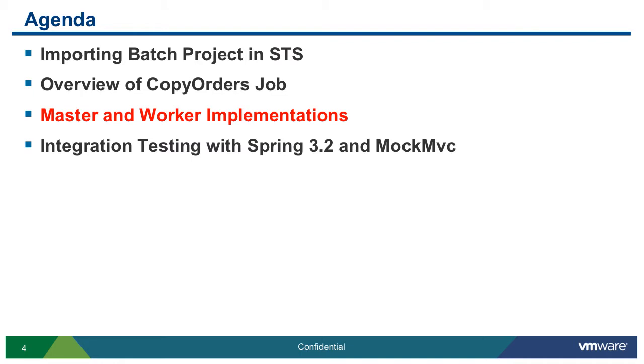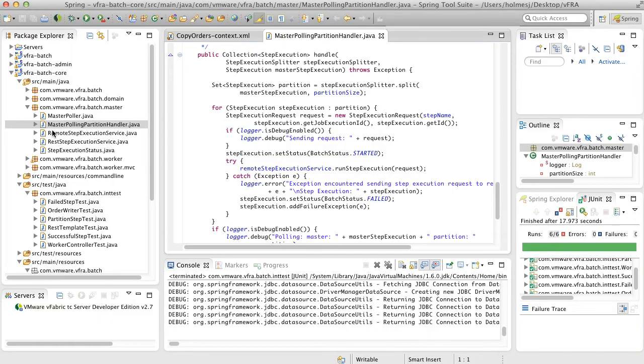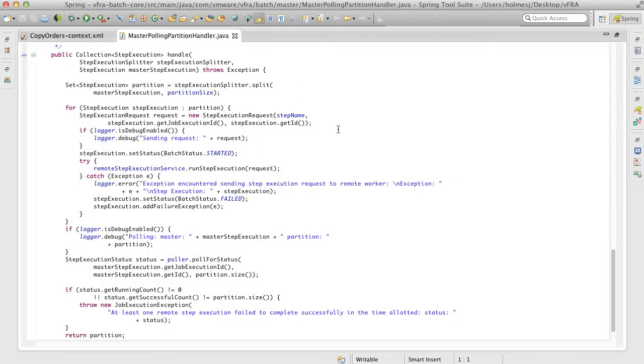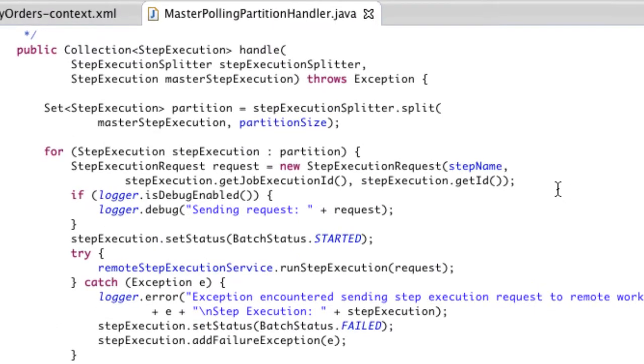Now we're going to look at the master and worker implementations. The master polling partition handler, which again is in the VFRA batch core project, is our point of customization for the master logic. There's a handle method that implements a Spring Batch framework interface that's responsible for splitting the input. That's done by the split method via the step execution splitter. That's where we're calling our column-based, primary key-based row partitioner. And then for each partition that we create